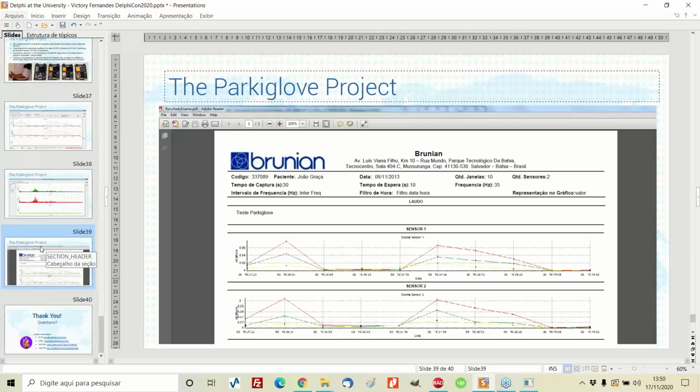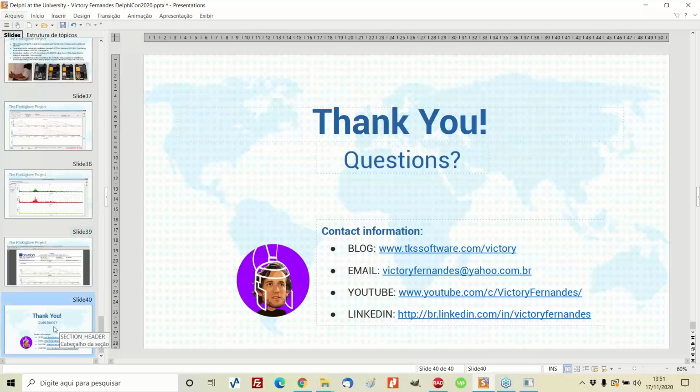So the idea here was just to show that we can do something very basic from the very start for the students. But we also have a very powerful tool on our hands that can put together both engineering and medicine applications in order to perform master degrees or doctorate degrees or whatever.